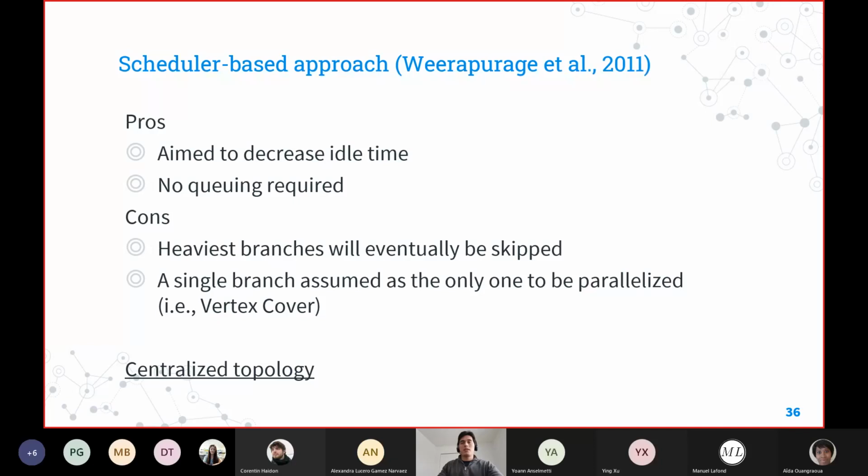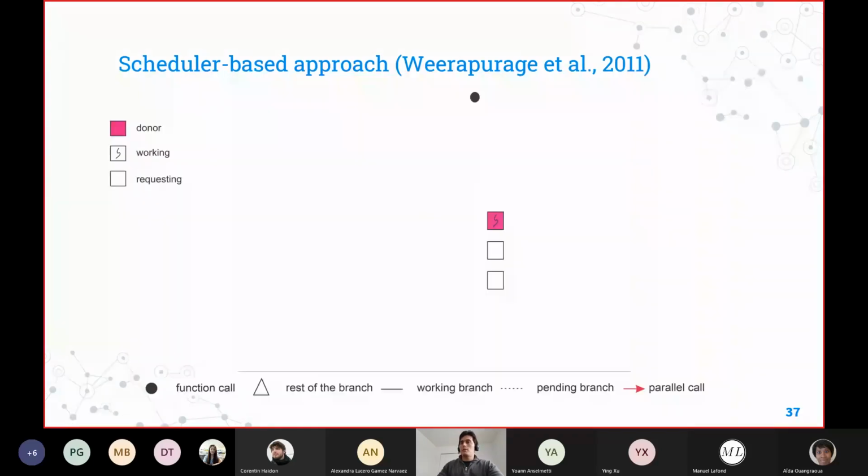So this strategy is aimed at solving those algorithms where we can predict that a single branch is going to be the heaviest one. That is pretty common for the vertex cover due to the nature of this problem, but it wouldn't be applicable to any other algorithm. So it is not entirely generic. And this has a centralized topology as well, meaning that all processors will have to communicate with the scheduler to get jobs. Then this animation,